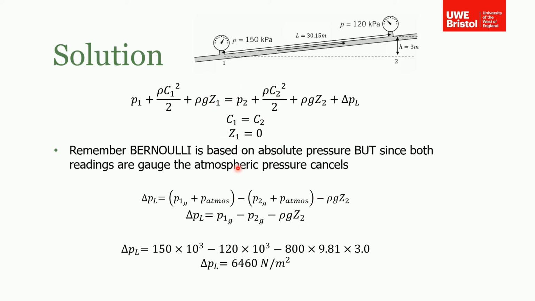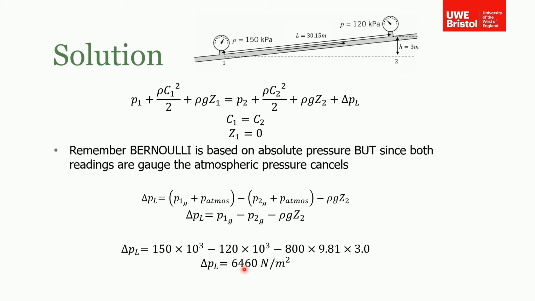Now, there's one other simplification that we can make. We need to remember that the pressures in Bernoulli's are absolute pressures, the static pressures. P1 and P2 are absolute pressure. But the absolute pressure is the gauge pressure plus atmospheric pressure. So if we rewrite P1 and P2 as P1 gauge plus atmosphere and P2 gauge plus atmosphere, then we can see that these atmospheric pressures, although we don't know what it is, they cancel out. So what we're left with is that the pressure loss along the pipe is equal to the difference in the gauge pressures minus the change in elevation. And we know what the two gauge pressures are, and we also know the change in elevation. Therefore we can see that the pressure loss is equal to